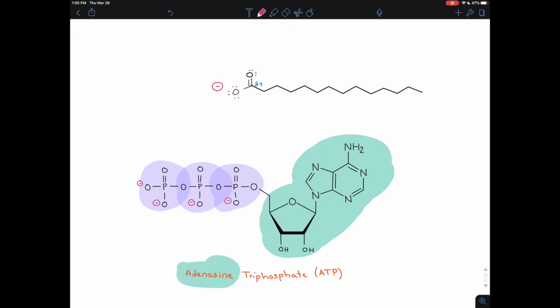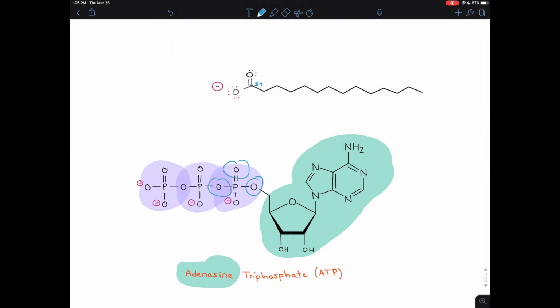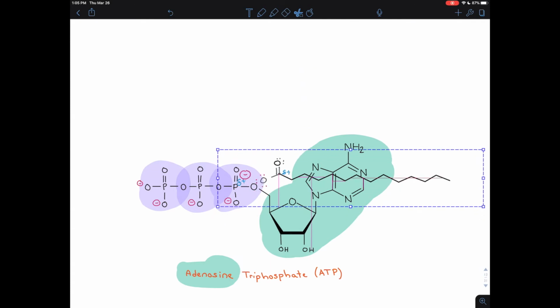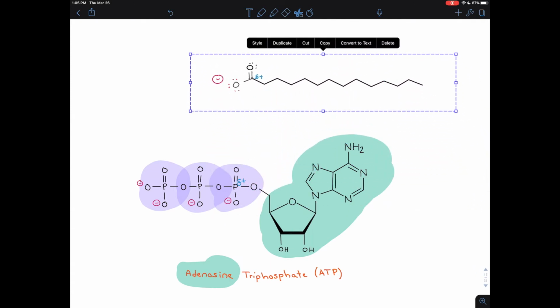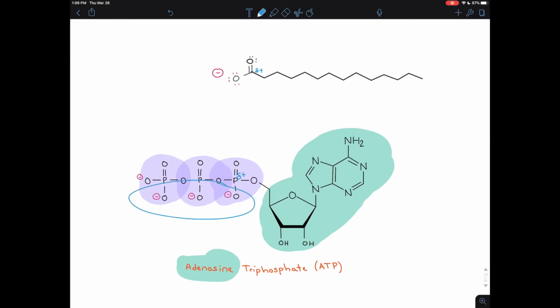And so that nucleophile is going to want to attack one of the phosphoruses because the phosphoruses are bonded to lots of oxygens. So it's really losing its electron density and it's becoming really slightly positive. The only problem is that there's a bunch of negative charge around there already. And so if this fatty acid tries to swoop in there, it's going to get repelled by that negative charge. So to allow this nucleophile to attack the electrophilic phosphorus, slightly positive phosphorus, these negative charges need to be neutralized